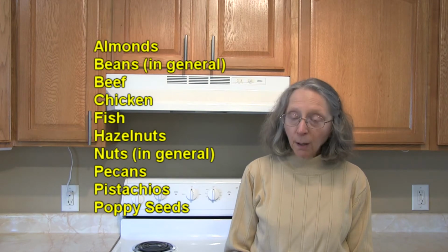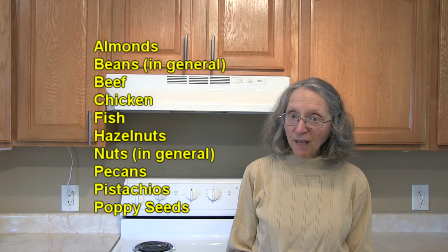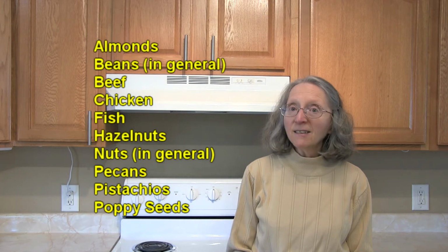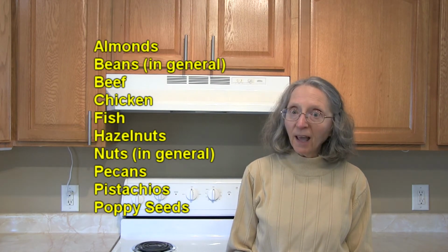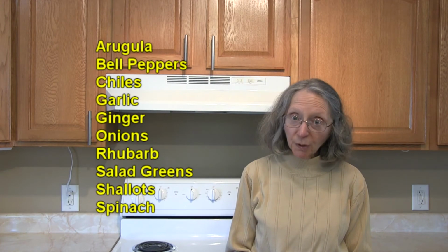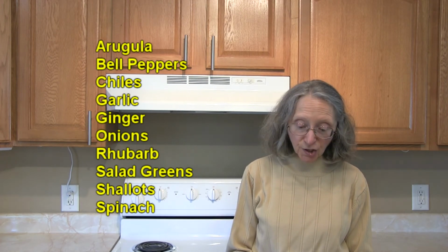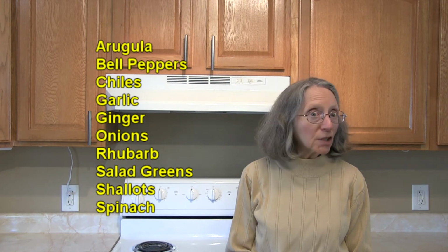In the proteins category, that includes legumes, nuts, and seeds, there's almonds, beans in general, beef, chicken, fish, hazelnuts, nuts in general, pecans, pistachios, poppy seeds, pork, sesame seeds, and walnuts. In the vegetables category that goes well with plums, there's arugula, bell peppers, chilies, garlic, ginger, onions, especially red